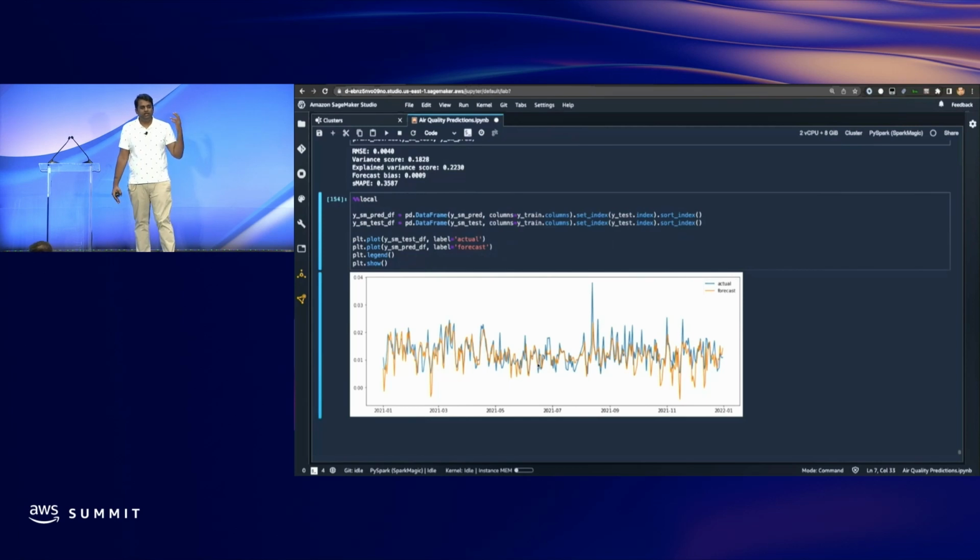We read the data from S3 and aggregated it in Spark. Once we had the aggregated data, we pulled it back to our notebook. Once we had two data frames, we merged them and built the machine learning model. So that's how we can simplify our end-to-end ML workflow without having to move across different tools. Everything can be done from one single SageMaker Studio.